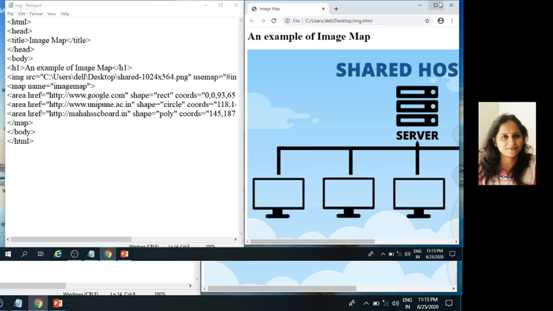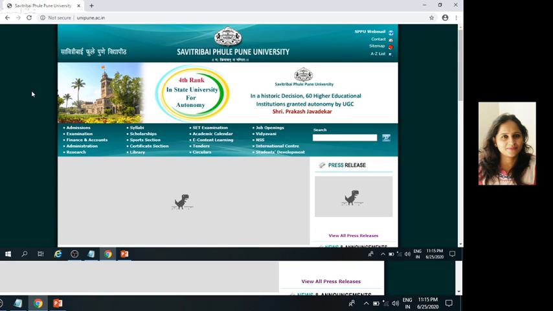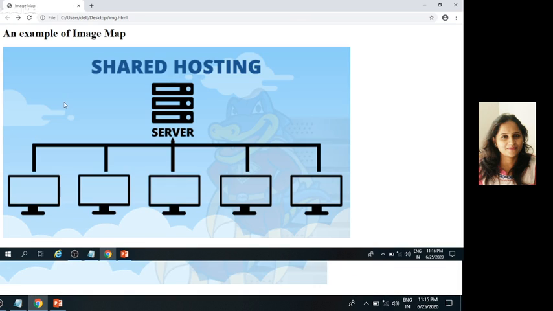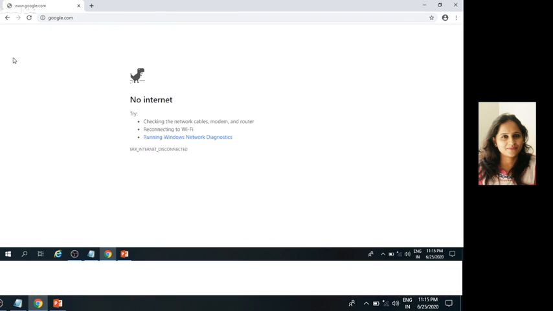Okay, see, first of all we add the image, then we add rect for the Google website. This is polygon for Maha HSC board. Then next one is circle. Circle is for the university website, and next one is rectangle.